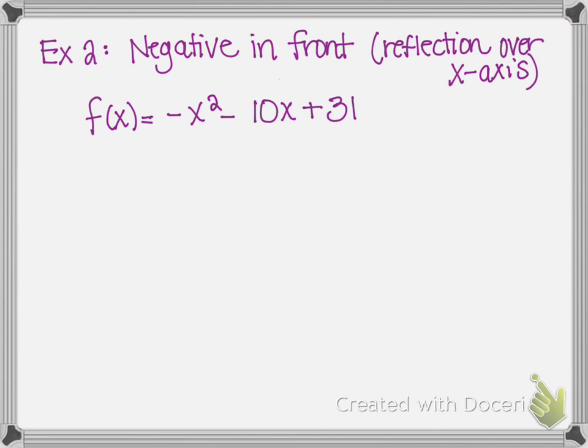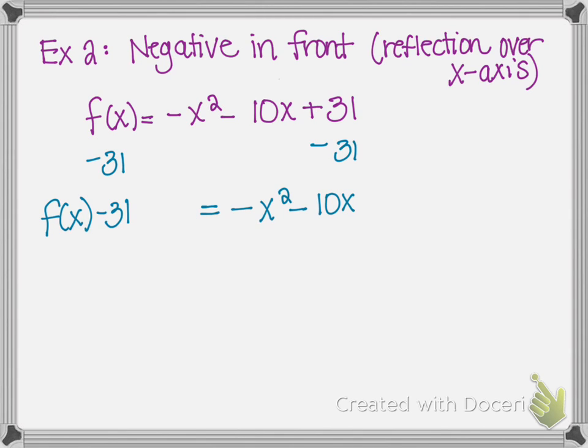So step one is I'm going to go ahead and get rid of this 31. I just don't want to have to deal with that too. So I move that over to the other side just to get it out of the way for now. Remember, we deal with it later. But I moved it out of the way, so it's on the other side now. Okay, and now when I look at what's left over, on the other side I have negative x squared minus